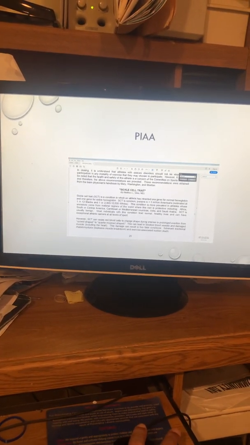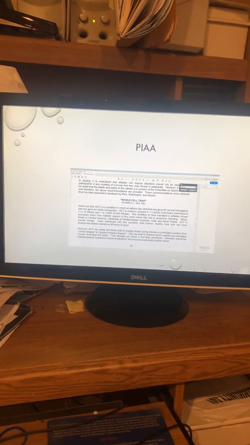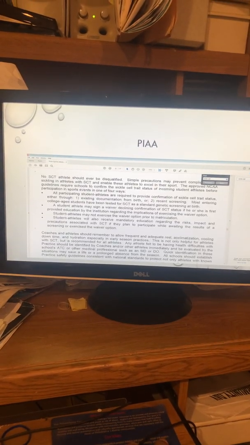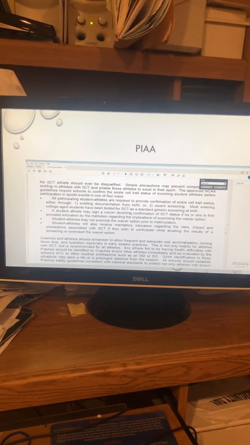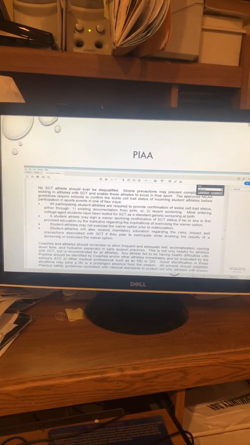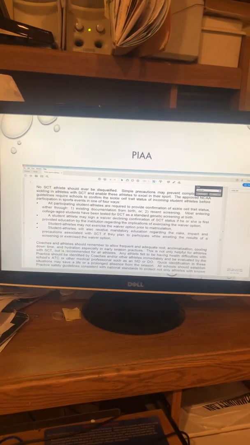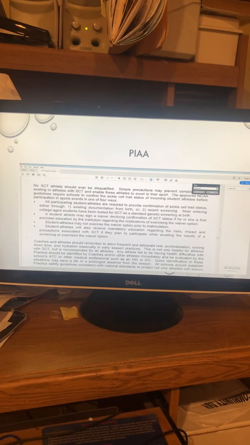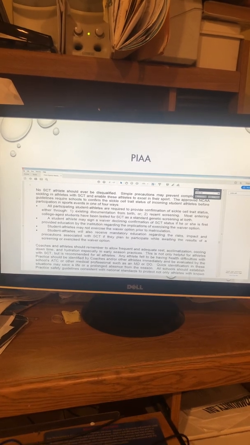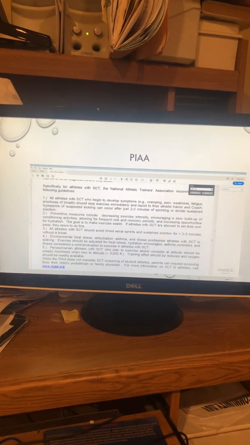What you see here are the actual articles found in the PIAA handbook for those who have sickle cell. As you can see, they have their own section. This section starts off saying that no student with sickle cell trait should ever be disqualified. Simple precautions may prevent complications and sickling in athletes. It also states that all participating student athletes are required to provide confirmation of sickle cell trait status either through one, existing documentation from birth, or